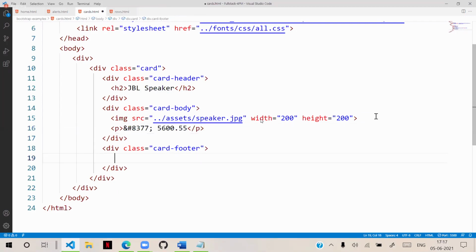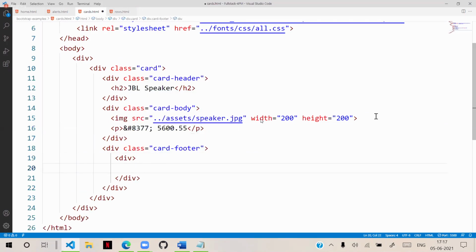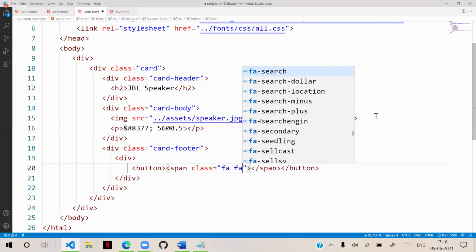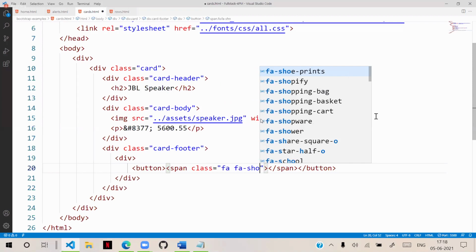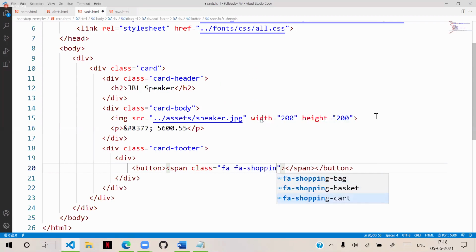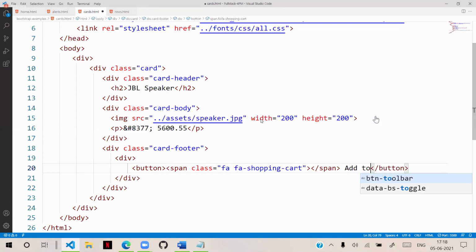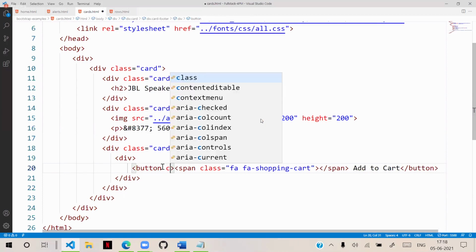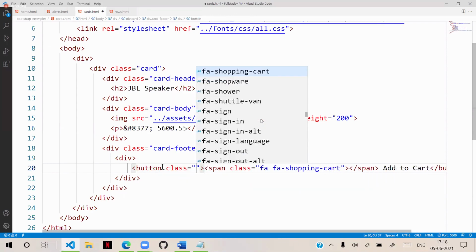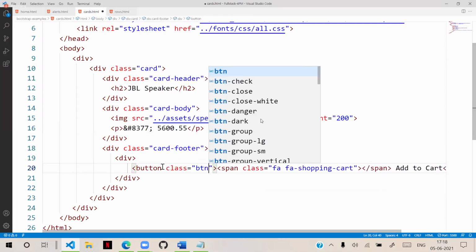In the card footer, we will add a div and put a button, and here a span with class FA and FA shopping cart, and we will put the text add to cart. And for the button we have the classes BTN and BTN primary.